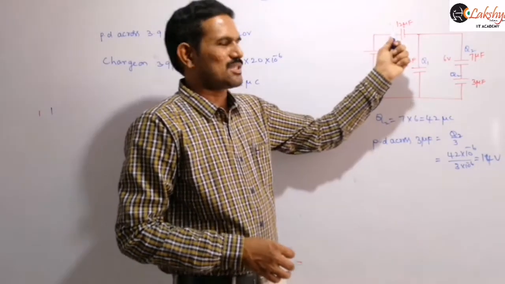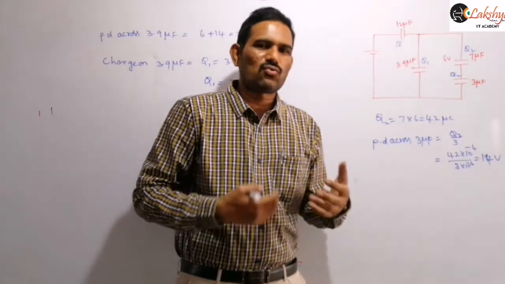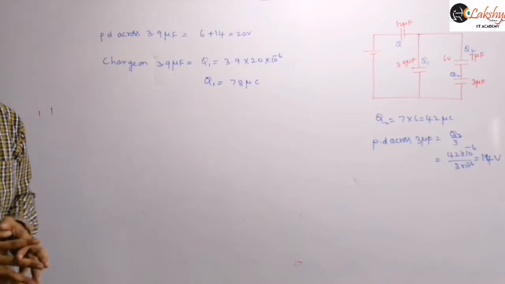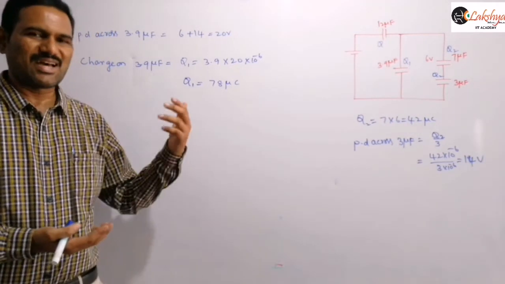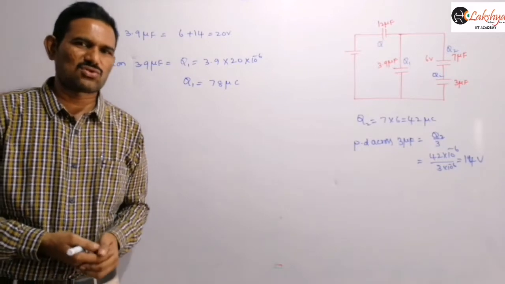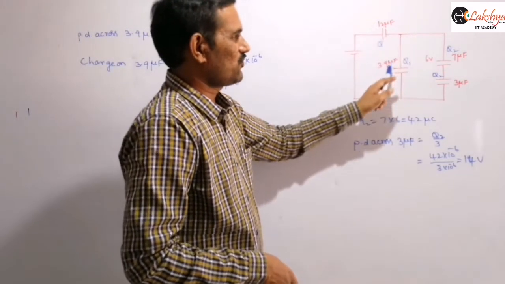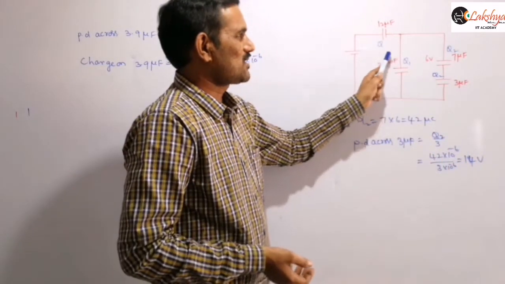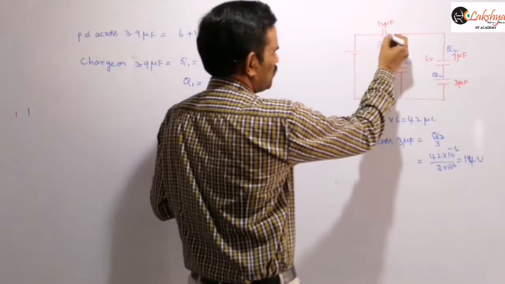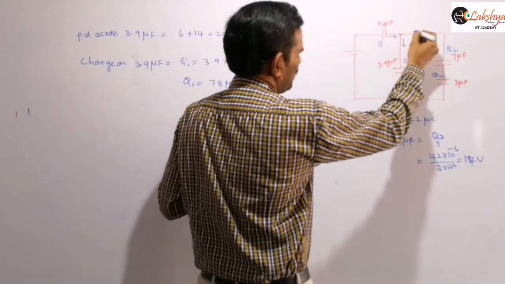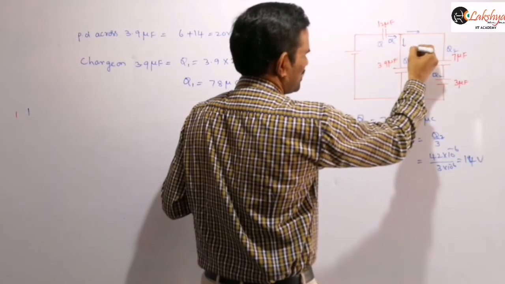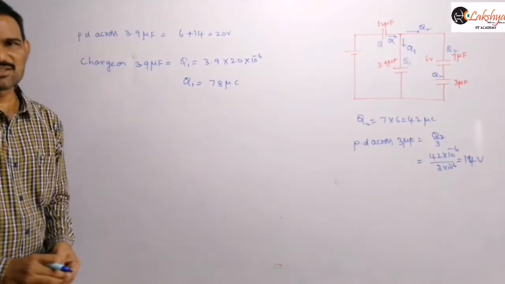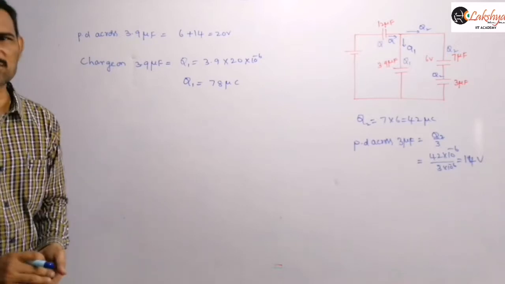Now we need to calculate for this capacitor here. So for this capacitor, can you say how to find this charge or potential difference? Any one of them we need to calculate, charge or potential difference. You can calculate charge easily. You can calculate potential difference also. If you want to find the potential difference, you need to find the effective capacitance of this. So instead of that, as we know already, this charge flowing here and charge flowing here. That means whatever the charge is storing on this capacitor, that charge will divide into two parts here, right? Suppose this Q is a charge here, some charge Q1 is flowing and some charge Q2 will flow like this. That is, by charge conservation we can write here, Q is equal to Q1 plus Q2.